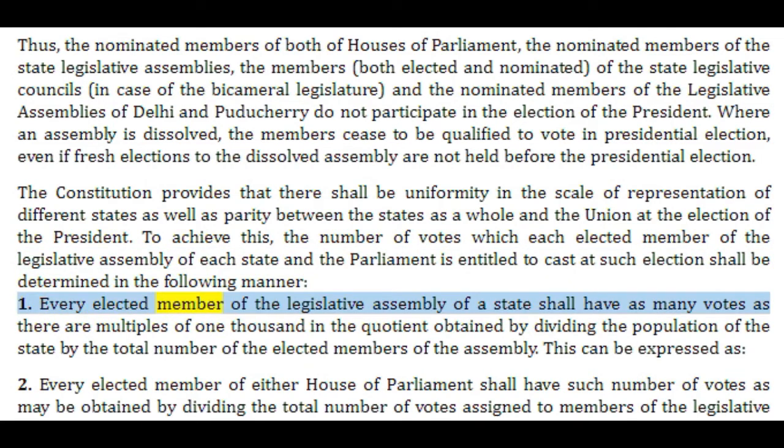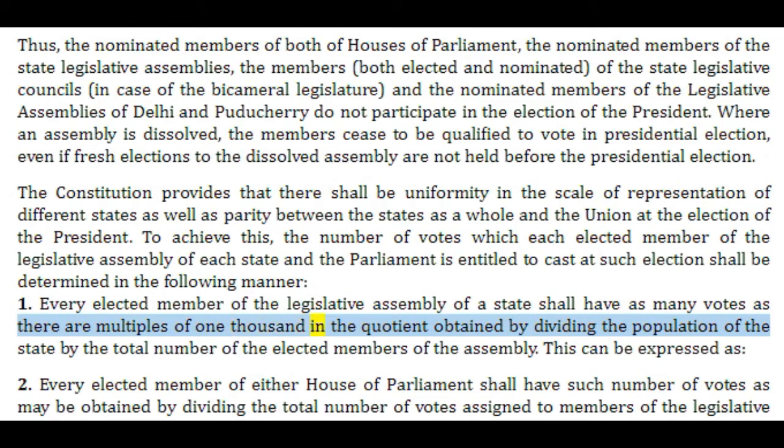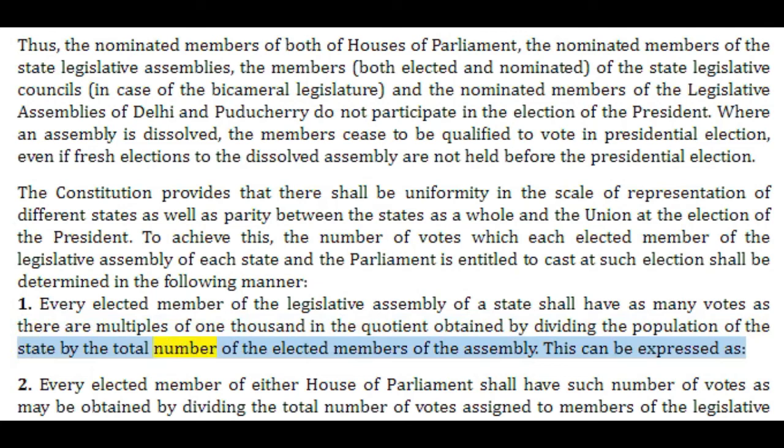1. Every elected member of the Legislative Assembly of a state shall have as many votes as there are multiples of 1,000 in the quotient obtained by dividing the population of the state by the total number of the elected members of the assembly. This can be expressed as: